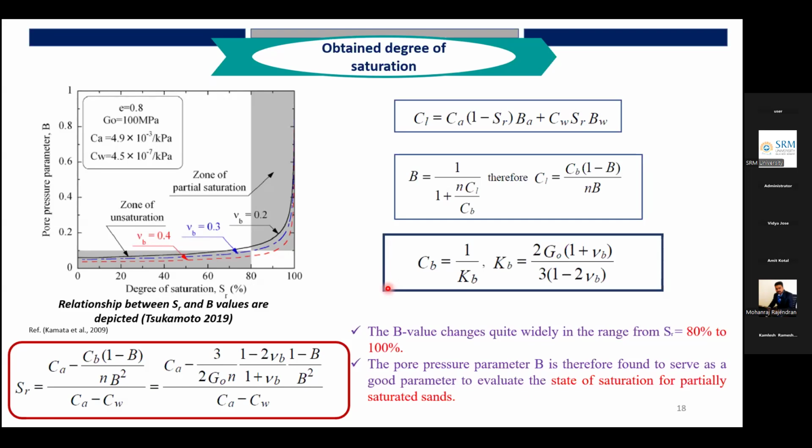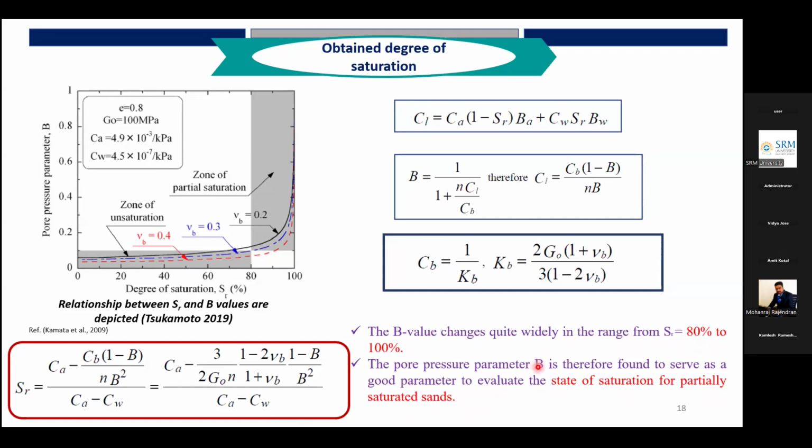So that is what the other existing literature is on that. This analysis is further extended. Finally, we want to calculate everything in terms of degree of saturation, and the degree of saturation with respect to the dissipation of pore pressure, or dissipation of water from the soil system. The parameter B changes quickly in the range of degree of saturation 80 to 100. The pore pressure parameter B is therefore found to serve as a good parameter to evaluate the state of saturation for partially saturated soil. So hence theoretically we have already